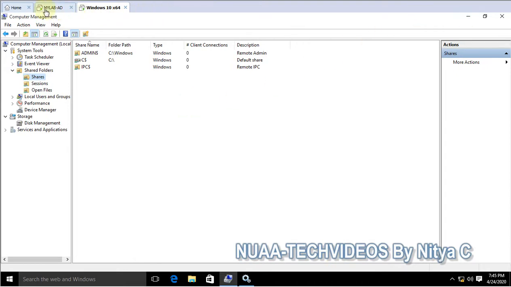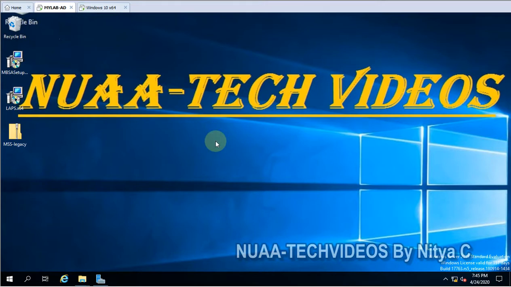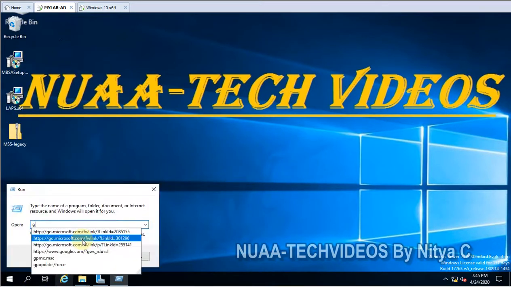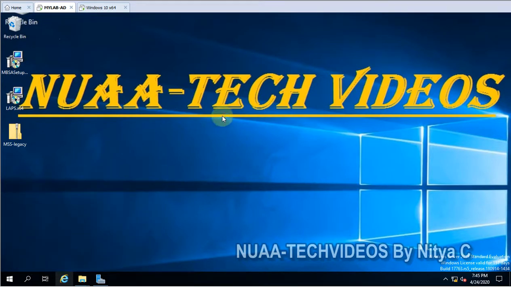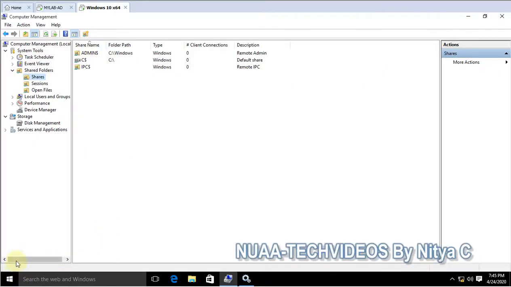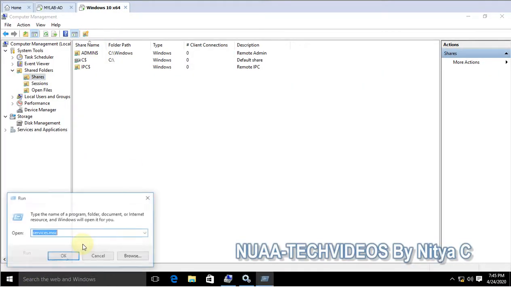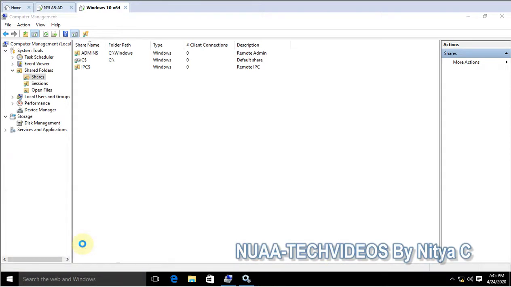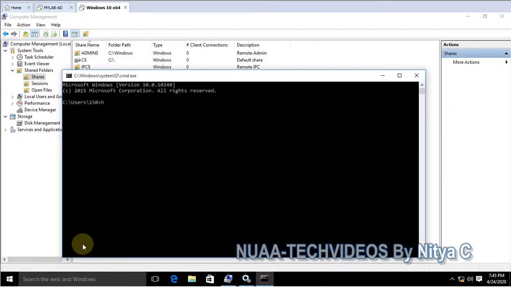So let's go back to the server and see how we can achieve it from Group Policy. Let me open the Group Policy Management console. Okay, this is one of my desktops. Let me confirm the host name.